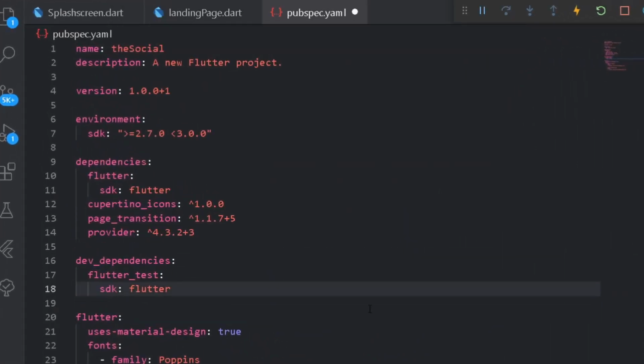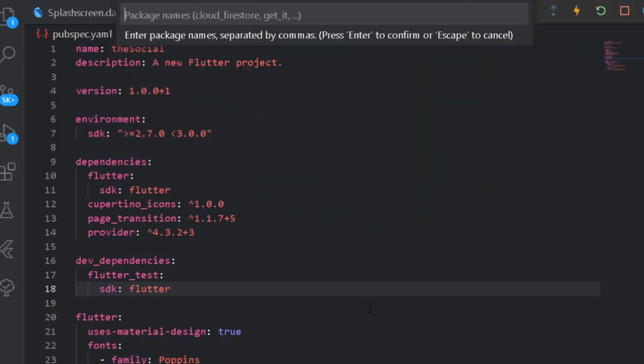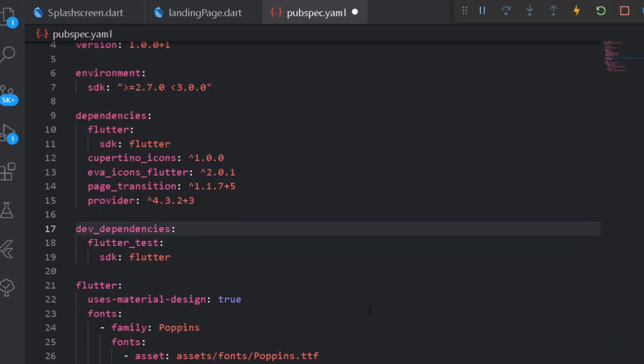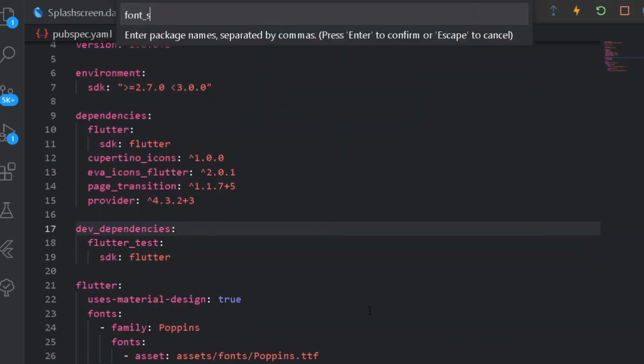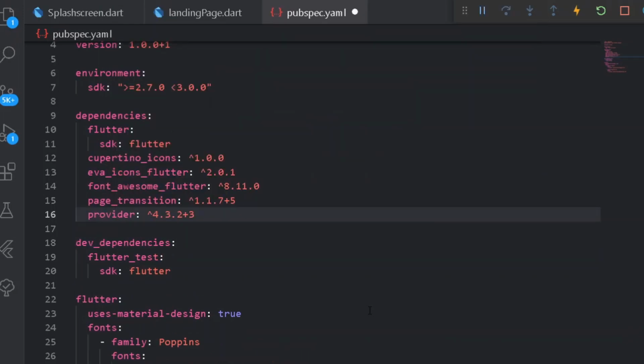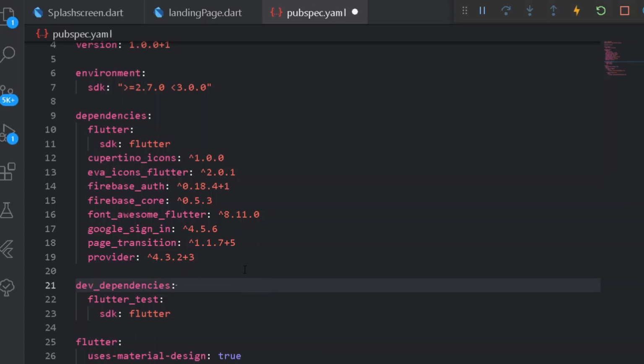After that, press Ctrl and S, and let's get all the dependencies now. Here I'll be having one more dependency for Eva Icons, for all the fancy icons. Alright, eva_icons_flutter. After that, let's have Font Awesome icons. Let me import all the dependencies and tell you about their purpose one by one. These are all the dependencies that shall be necessary for today. The following dependencies shall be including Firebase Auth and Go for managing our Firebase stuff.